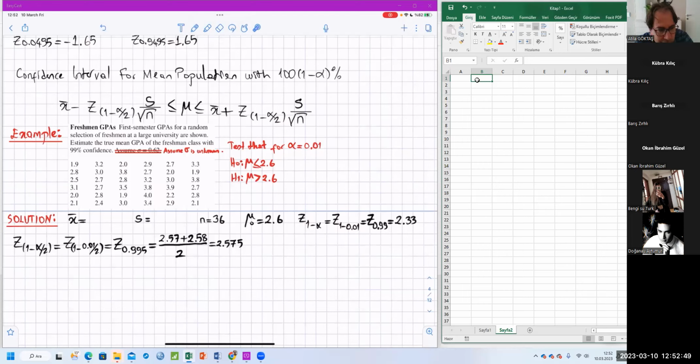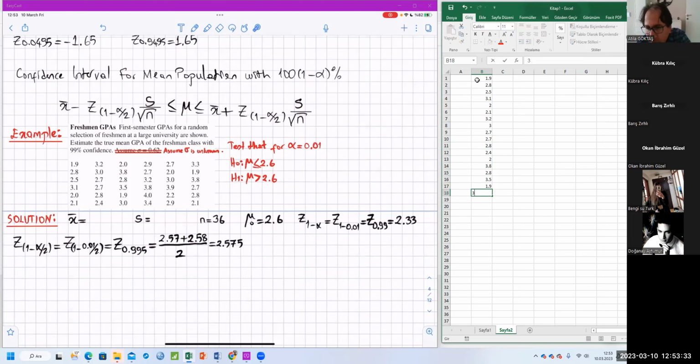Okay. So the first value, look, 1.9. I'm going to enter all the data values. 2.8, 2.5, 3.1, 2, 2.1, 3.2, 3, 2.7, 2.7, 2.8, 2.4, 2, 3.8, 2.8, 3.5,